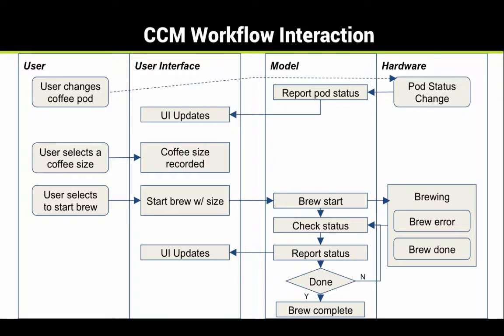Again, the user is going to select a coffee size in terms of their brew amount. Here, we're not taking any information about water level into consideration. The user interface is concerned about that information, but at this point in time, it's not passing that information through to the model, because the model doesn't need to know about the coffee size until that information is required for some operation, right? So this is a good example of where we're isolating pieces of information and levels of interaction